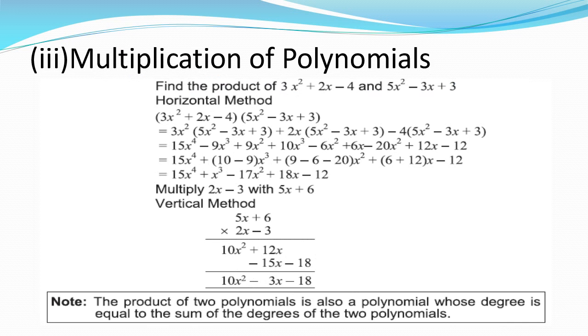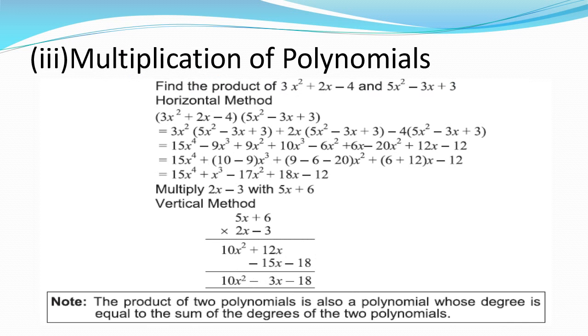First we write as it is, and we can simply multiply the numbers. First we can see here 5 multiplied by 2, 10x square, then 5 again multiplied by 3, but first we multiply 2x plus 6. The first equation is solved, and then we write the minus 3 with 5x and minus 3 with 6, plus minus minus, minus 18. Here we add, as in simple multiplication questions. So the answer is 10x square minus 3x minus 18.